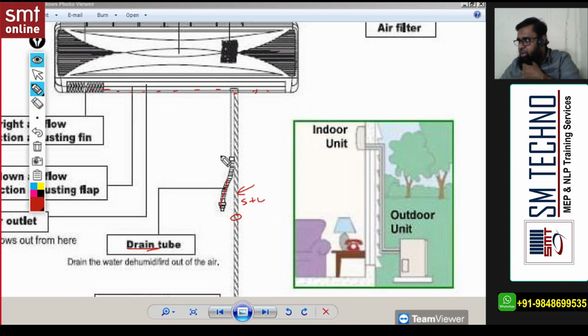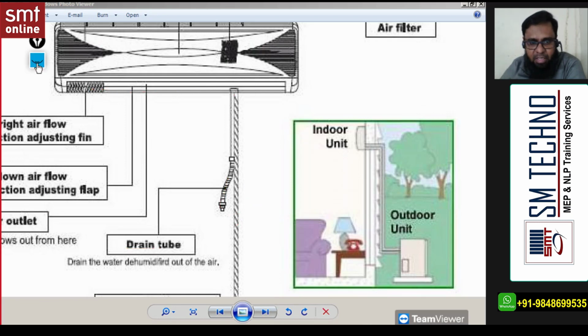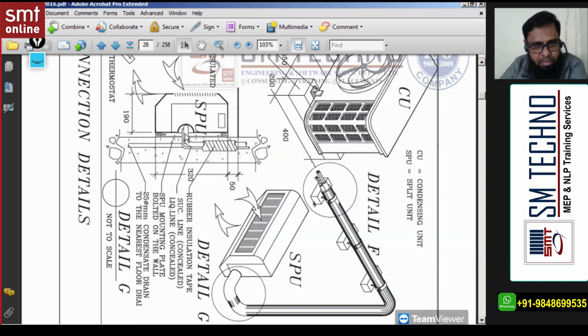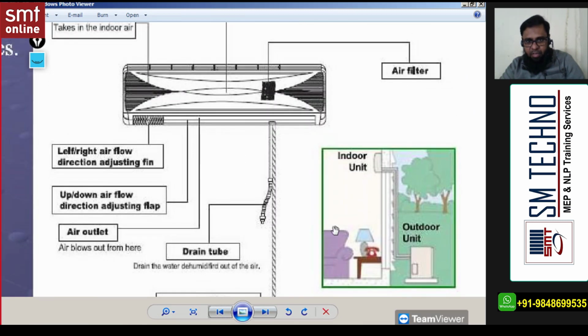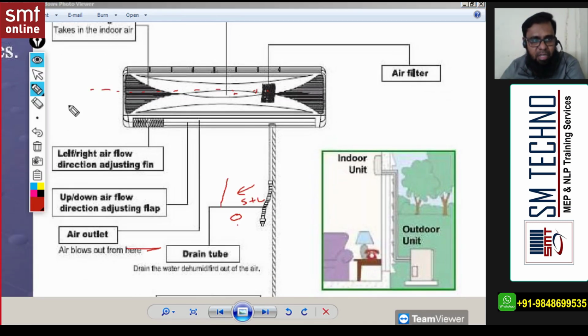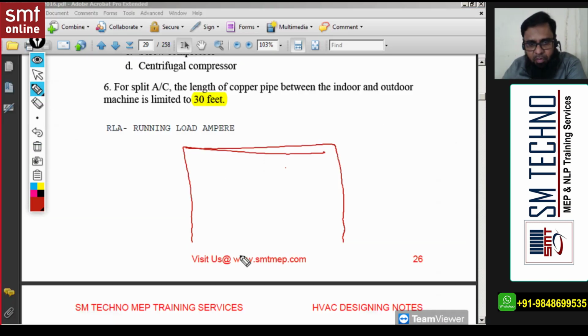Okay, so you must drain this condensed water. For that we require the third pipe called the drain pipe. And the drain pipe you'll find in the detailed drawing also. You see this suction line, liquid line, and one more pipe which is going down. You see the condenser drain pipe. Okay, but when you're connecting the condenser drain pipe, for example, you can update in your notes, side view of the